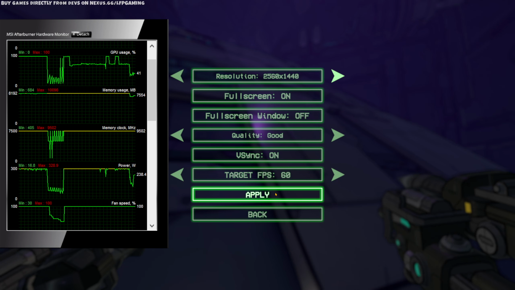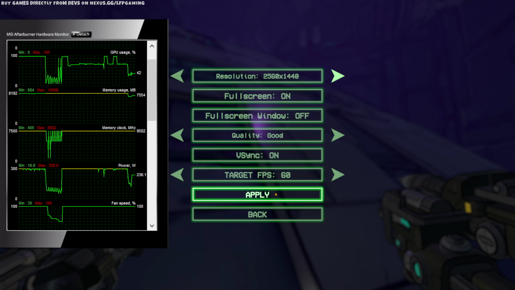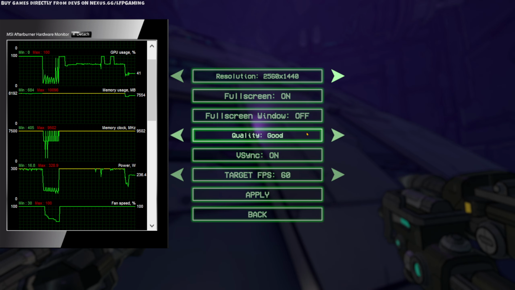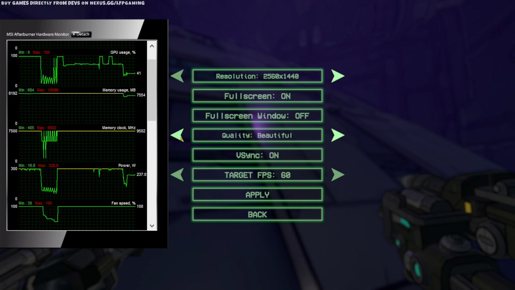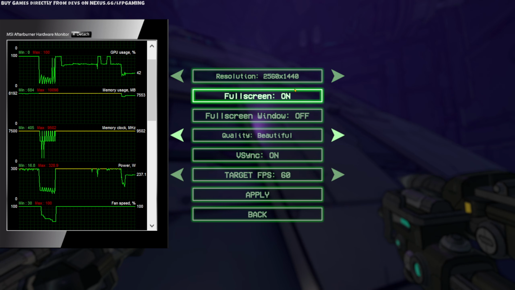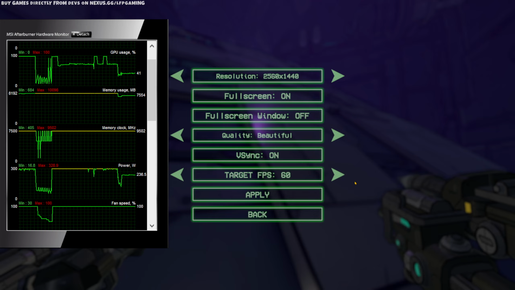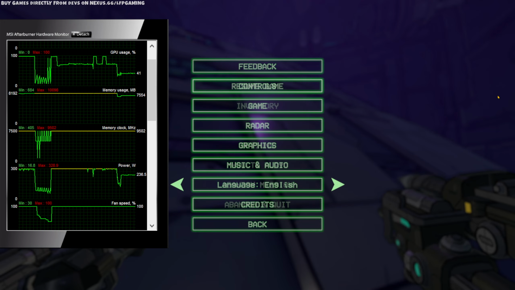Okay, so now for some reason it's running at 240 watts of usage and only 42% graphical card usage. So why weren't these settings applied previously? This is how we ran the game, literally just now: 2K resolution and on beautiful. That's literally the same settings that we had about a minute ago, and yet now for some reason the game